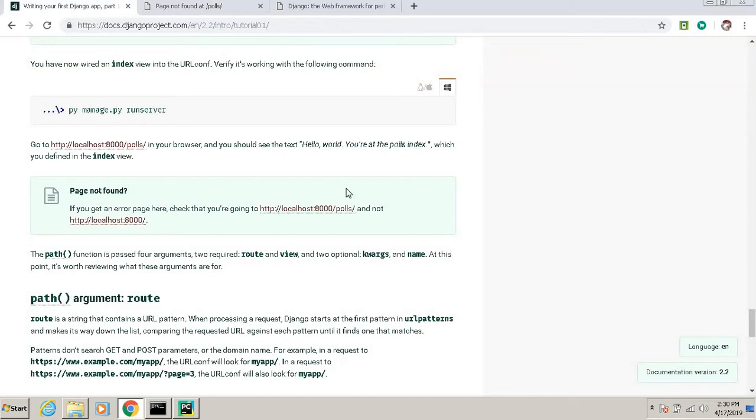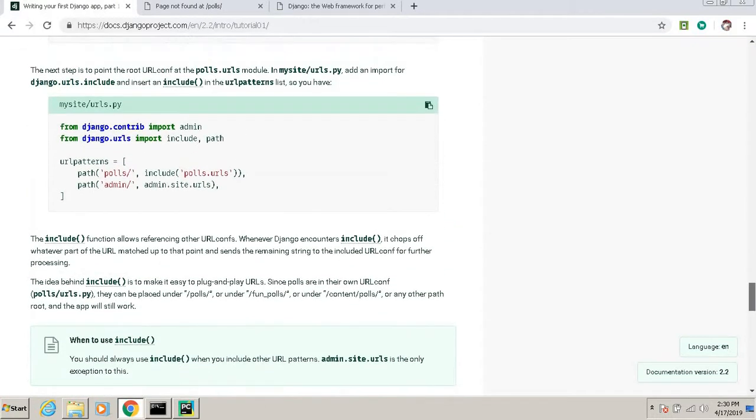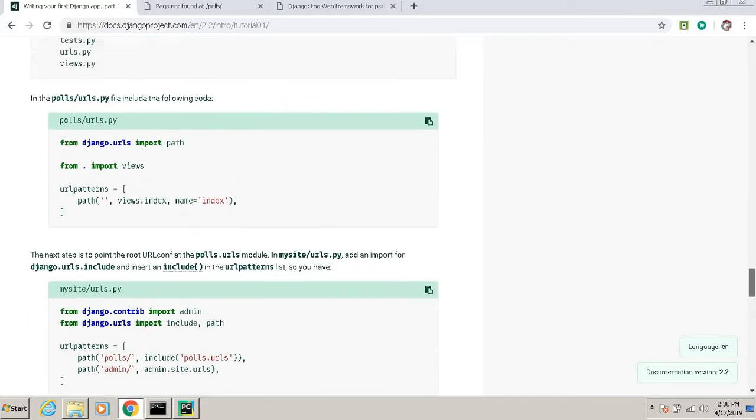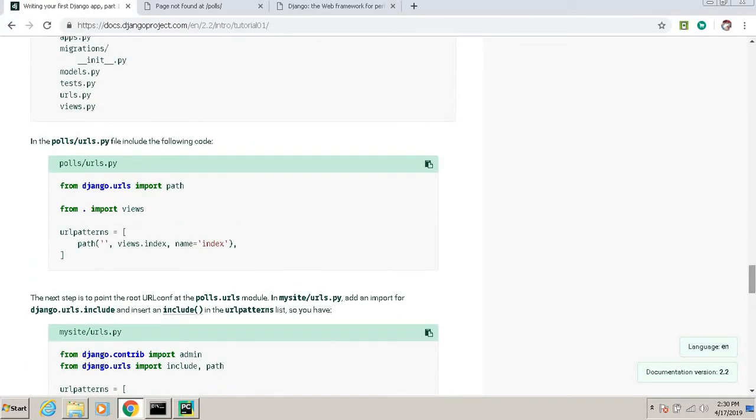Here. We'll go here. This is perfectly okay because it is inside the poles directory. The next step is to point the root URL at the poles.urls module in the my site urls file. So what we'll do is